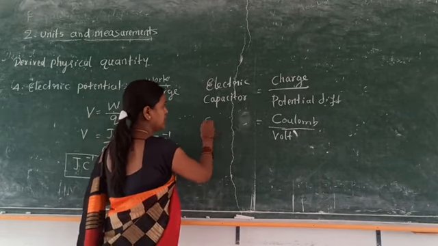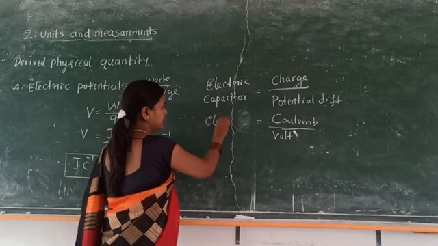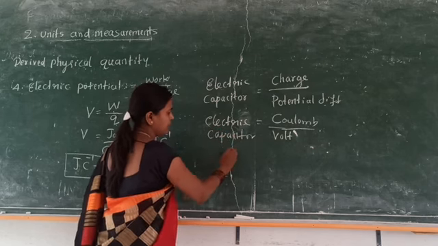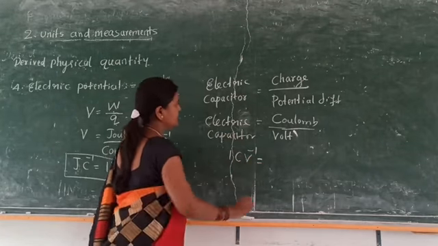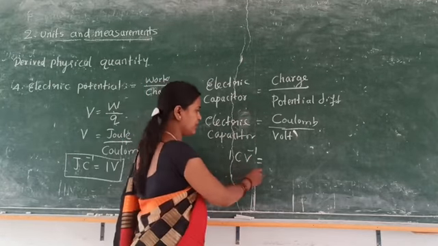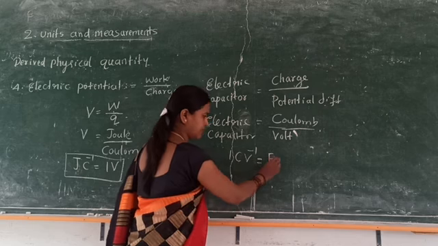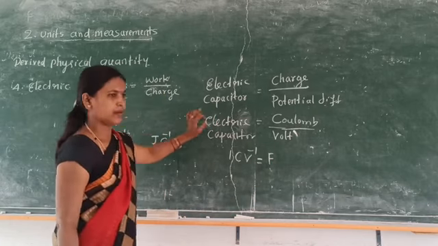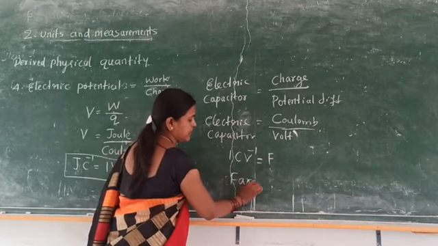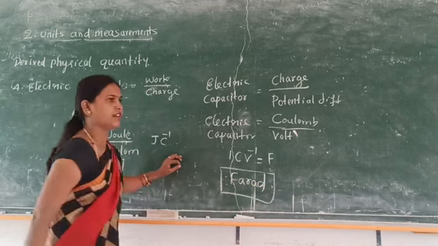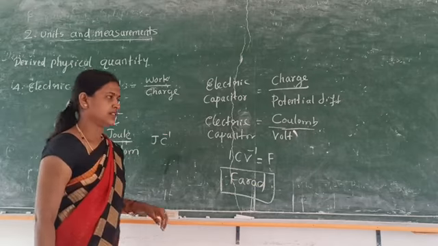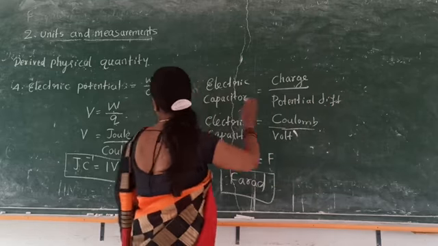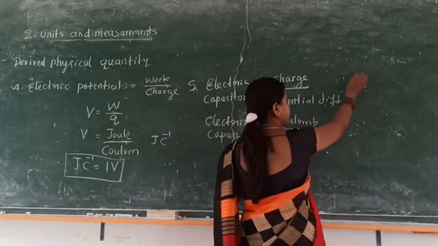So 1 coulomb per volt is equal to farad. This is the derived SI unit for electric capacitance, farad. Keep that in mind. Next one is magnetic flux. So the sixth one is magnetic